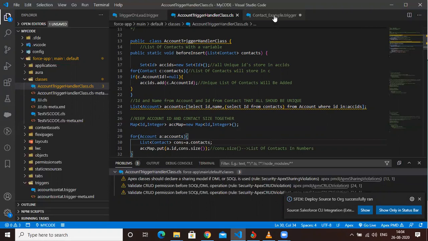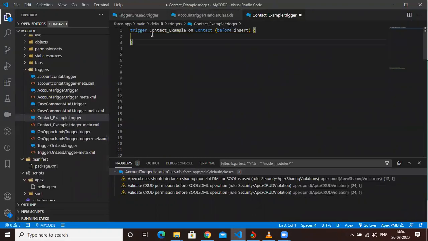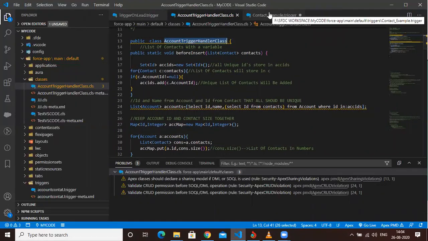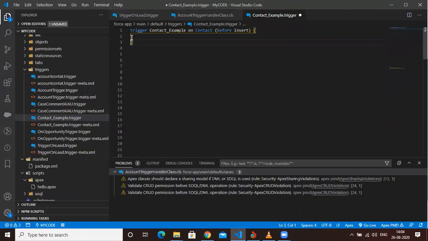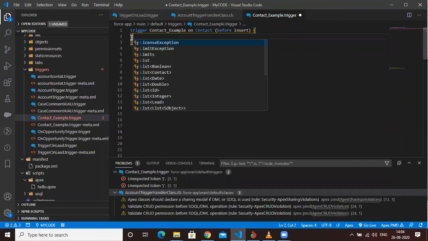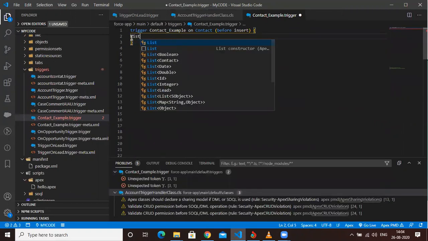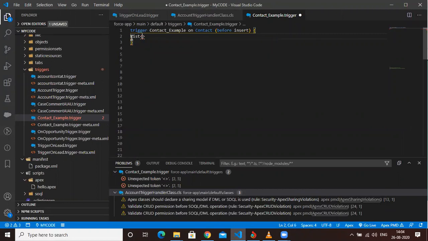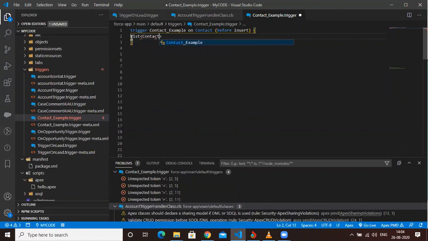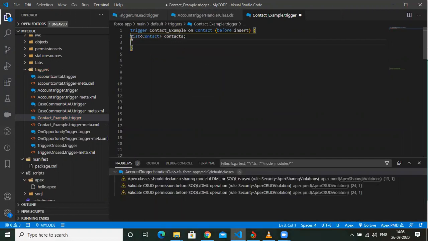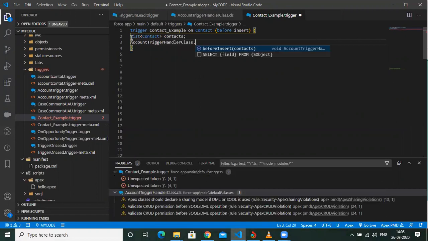Okay. Now let me create one Apex trigger here. So initially I told you what I need to do here, right? Let me repeat it. Just copy the class name, and before that create a list of contact, contacts dot.